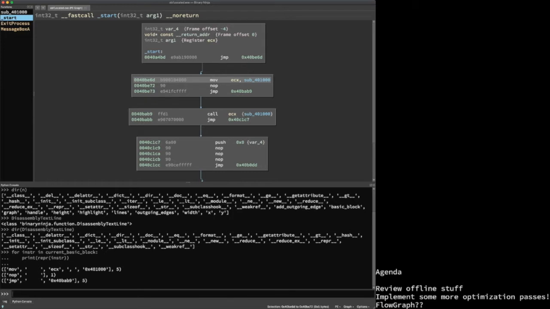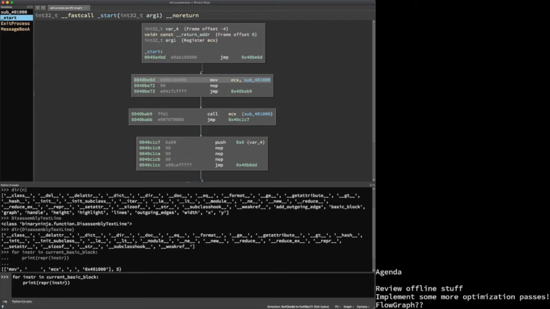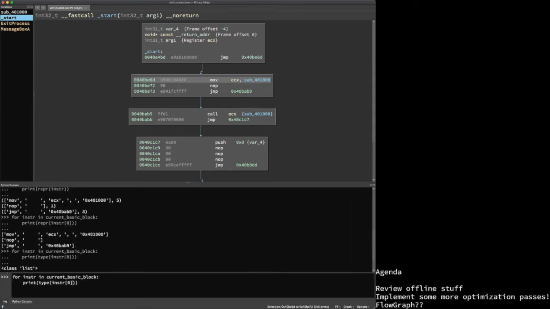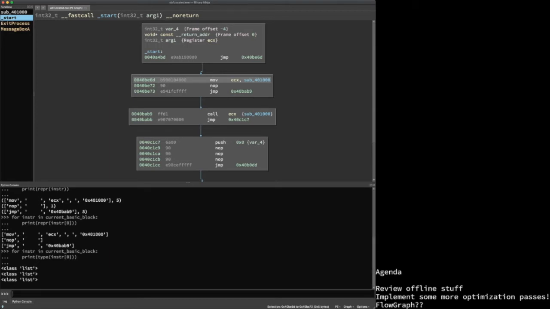So here, I would want to get this, and I believe this is going to be disassembly text line. Oh no, this is a list. Okay. So then I want to create them. Okay, so what we can do is say for instruction in current basic block,